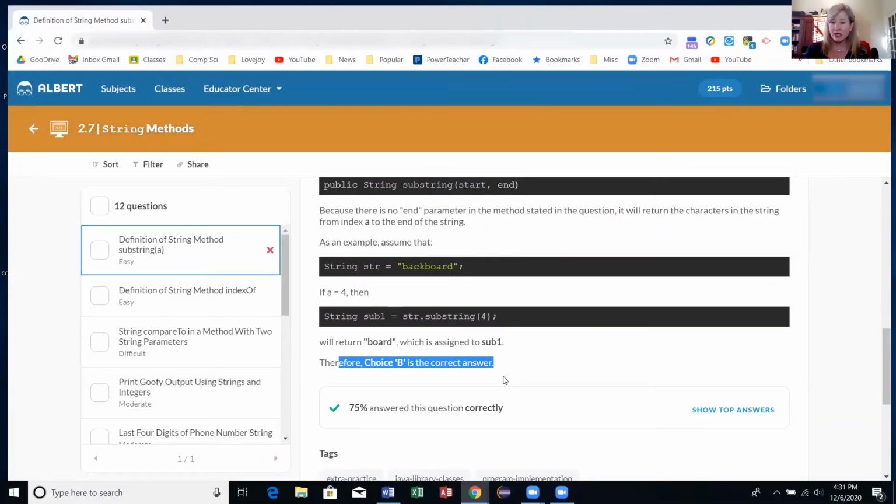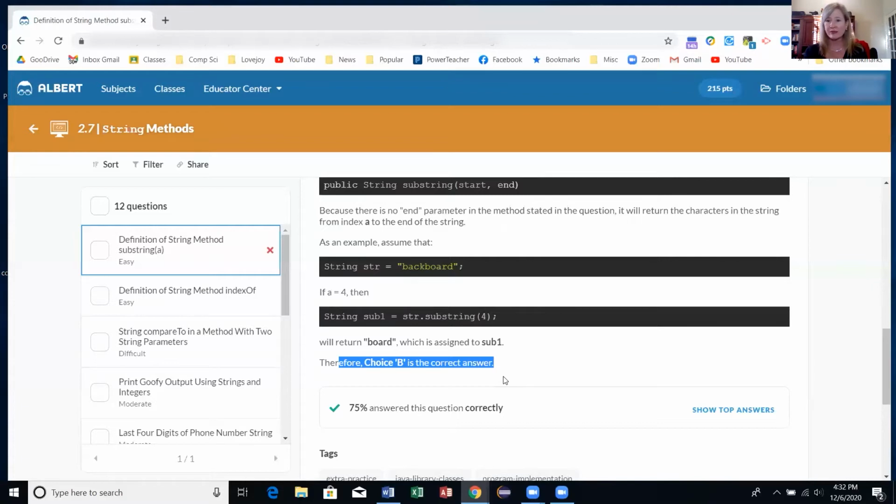Now, what I don't like about Albert questions is that they're really hard. They are probably like a test prep for someone who just wants to study because it's right before they're going to take the AP exam, which is good. But at the beginning of the year, when everyone is just a beginner, even if we go to Unit 1, some of these questions are extremely difficult